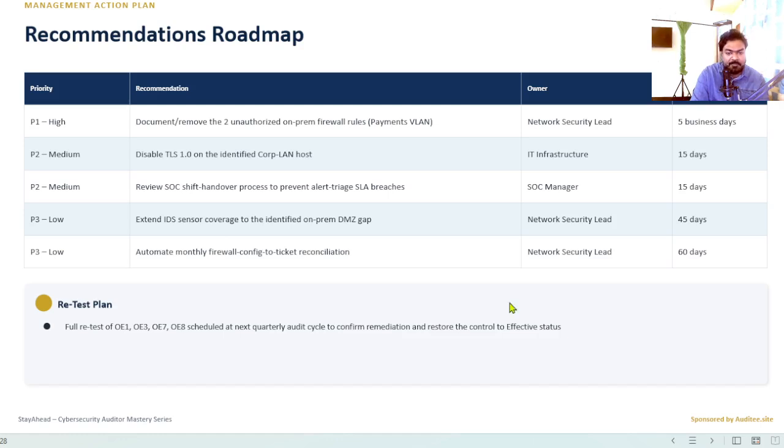Management action plan, recommendations roadmap. No work paper is complete without a remediation roadmap with real owners and real dates. P1 high priority, document or remove the 2 unauthorized on-prem firewall rules in the payments VLAN, owned by the network security lead, due in 5 business days. P2 medium, disable TLS 1.0 on the identified Corplan host, IT infrastructure, 15 days. Also P2, review the SOC shift handover process to prevent future alert triage SLA breaches, SOC manager, 15 days. P3 low, extend IDS sensor coverage to the identified on-prem DMZ gap, network security lead, 45 days, and also